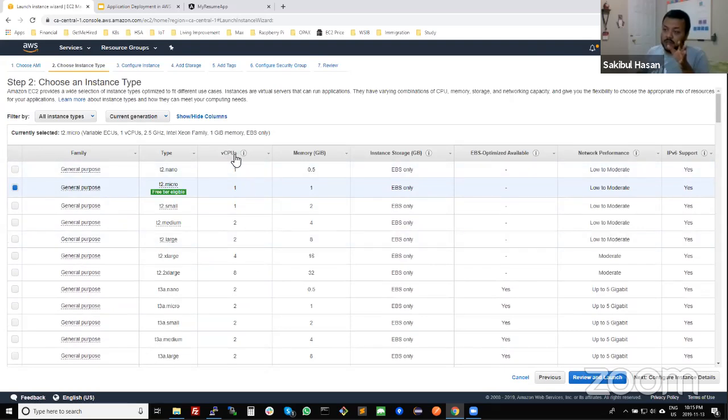You can see the CPU. If you look at the list, it shows how many CPUs there are, and for this one how many RAMs there are. So you can choose based on your need. For us, because we want to have this thing as free,